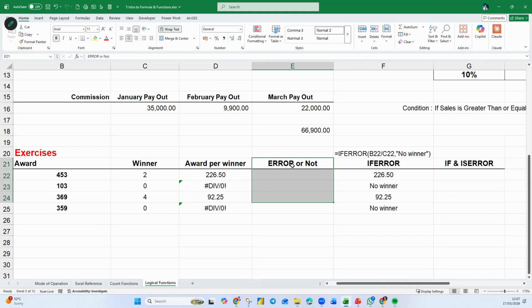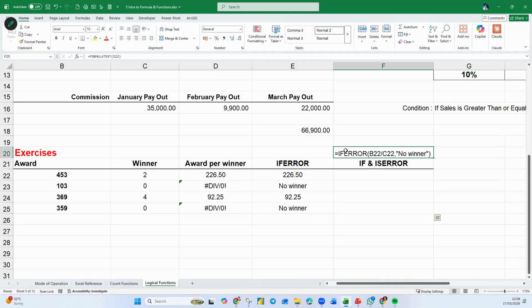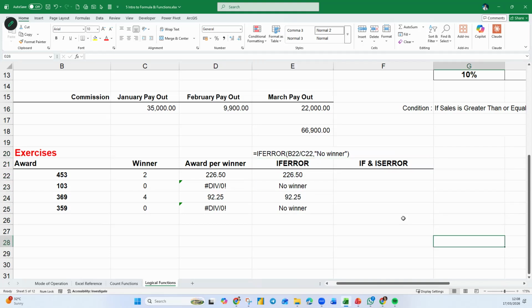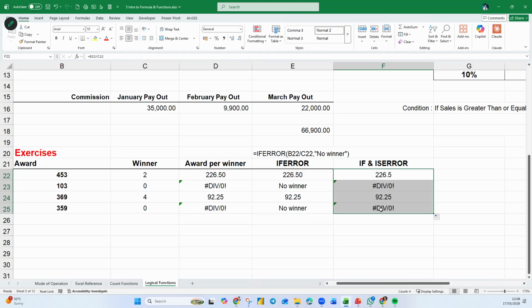So let me remove this, and I'm going to bring this one closer. Okay, so that's one. Now the second one is a combination with IFERROR. So this is what I'm going to do: equals this divided by this. It all starts with the original formula. So there's an error.